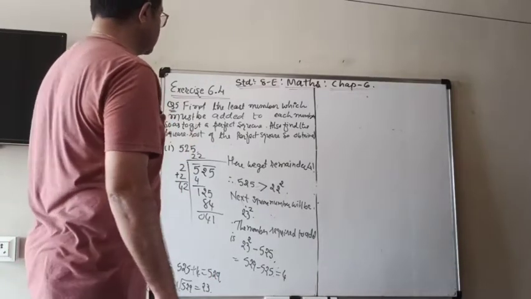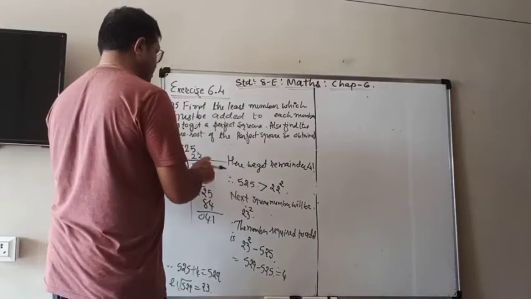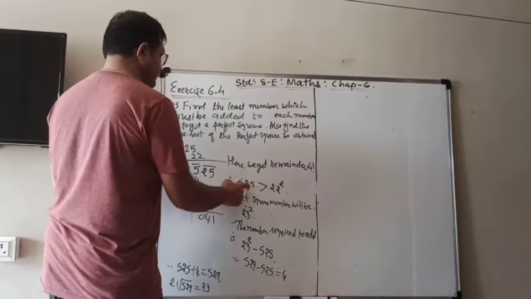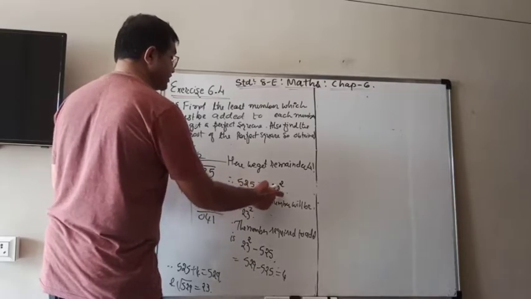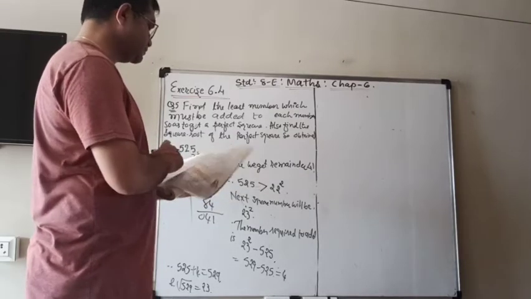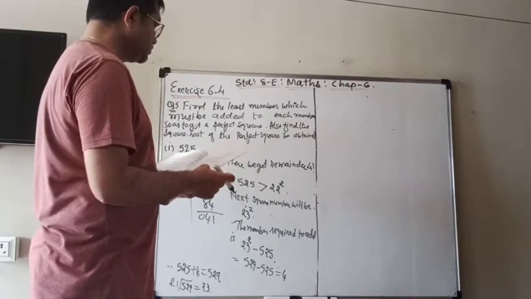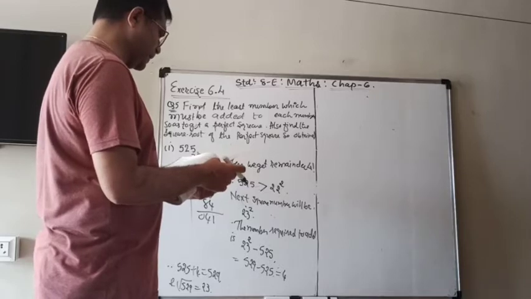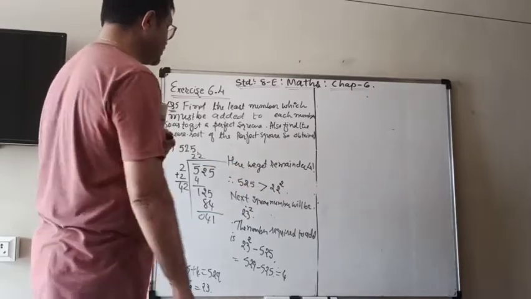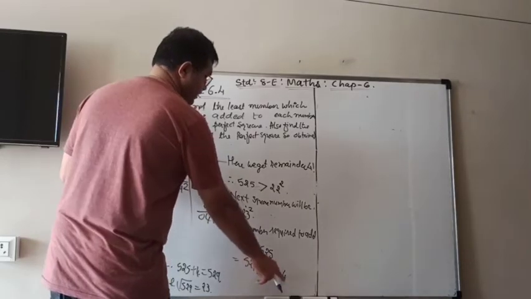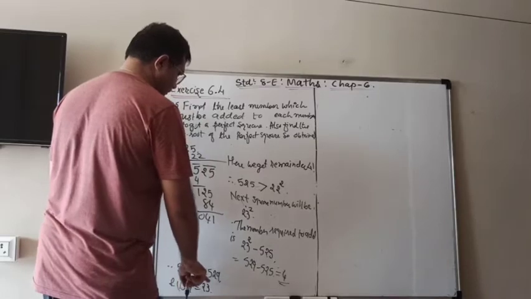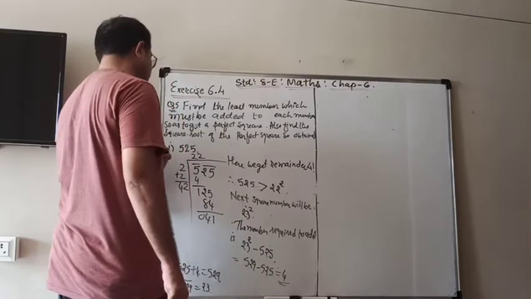So here we have to find that square root, and if you check here that 22, it means that 525 is greater than 22 square. So now 22 square. Here we have to remember that after 22 the next square number will be 23 square. So we have to subtract that and then we get the number 4. So we have to add 4. So 525 plus 4 is equal to 529.